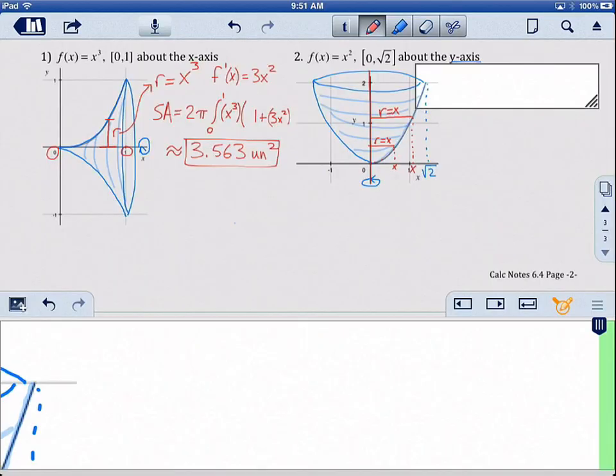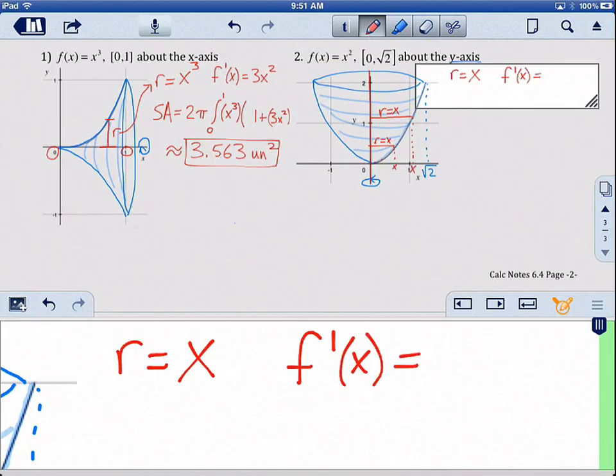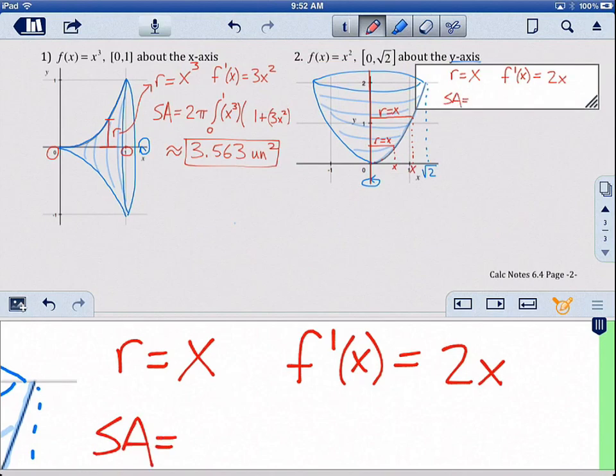Okay, so the two things that we need when finding a surface area of revolution is the radius, which in this case is just going to equal x, and we need to find f prime of x so that we can find our arc length. So here, f prime of x is just going to be 2x. And now we can use our surface area formula. So it's going to be